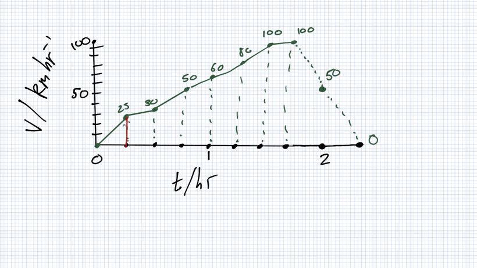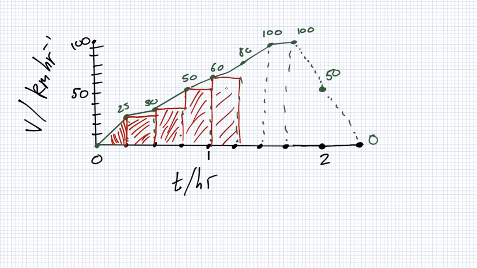We have a triangle. Now this one here is a rectangle and a little triangle. This one here, a rectangle and a triangle. This one here, rectangle and a triangle. This one here, rectangle and a triangle, rectangle and a triangle,